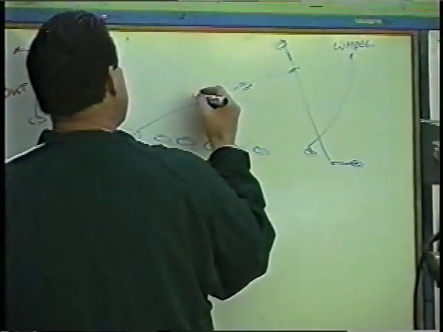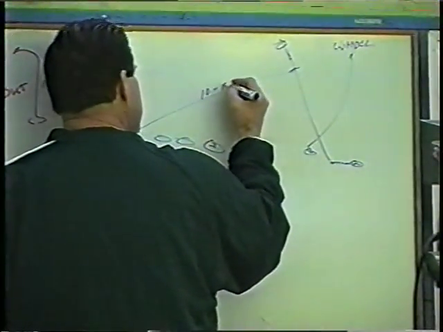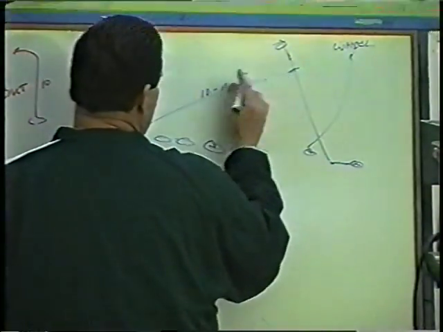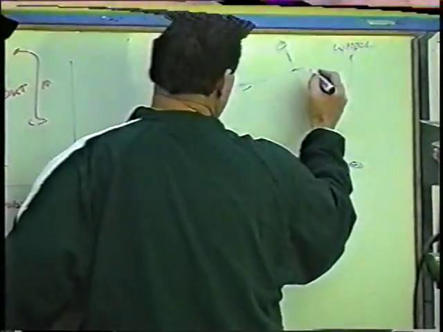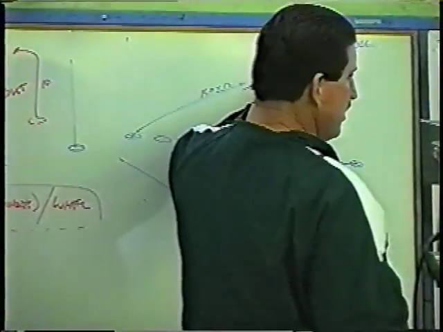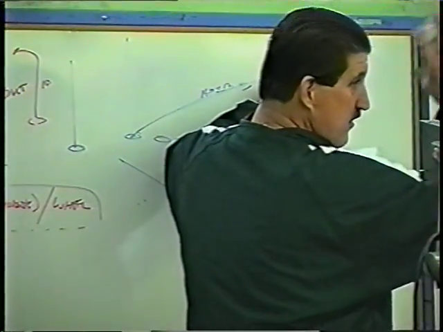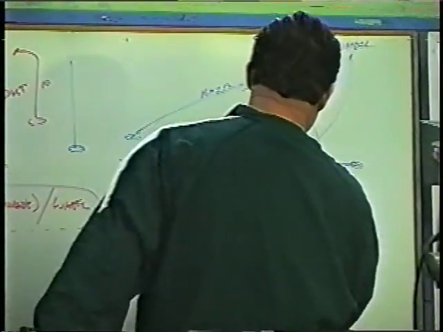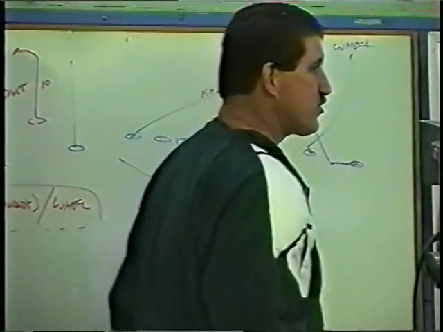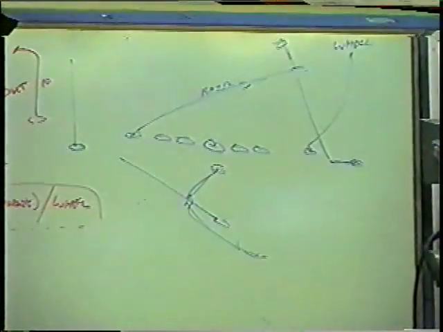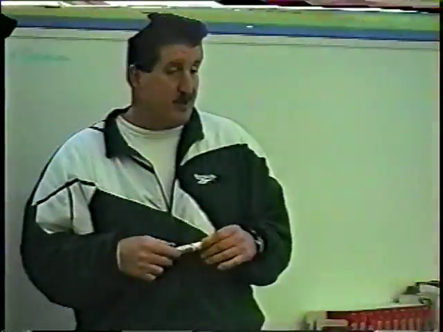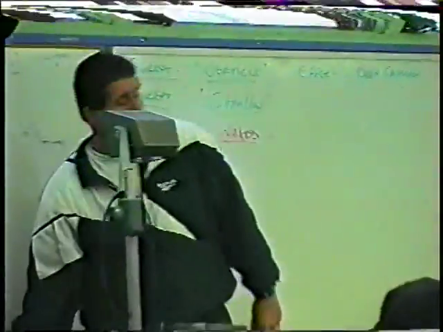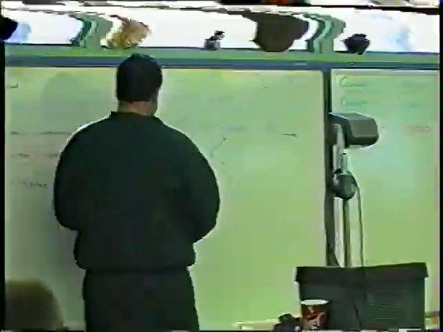When we call Nagin wheel, this guy's going to come across at 10. He's going to be working himself 10 to 12 yards deep, at least. The idea is that he'll be deep enough that he'll find himself a pretty good hole as he comes out here. So that's when we're trying to get something on 3rd down and 6, and you don't want to drop back, and you think they might play the run a little bit.